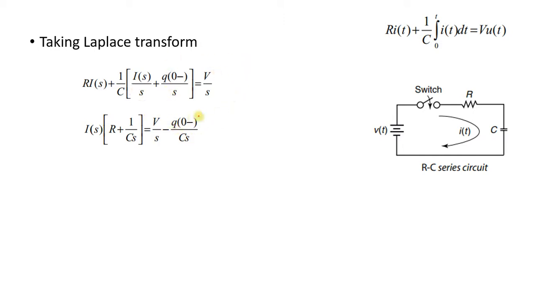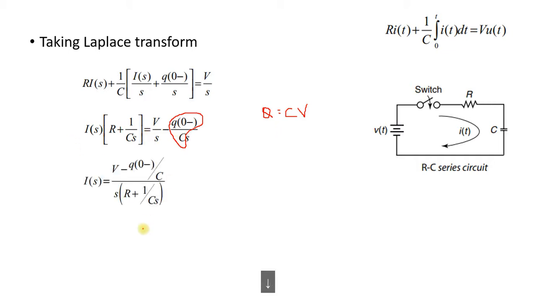So it should be like this. We know that this Q naught divided by C is replaced by some initial voltage, because we know the general relation Q equals C into V, so V equals Q by C. If the initial voltage is given, just take the initial voltage. If the charge is given, rearrange the equations like this. Now the equation is rearranged like this.